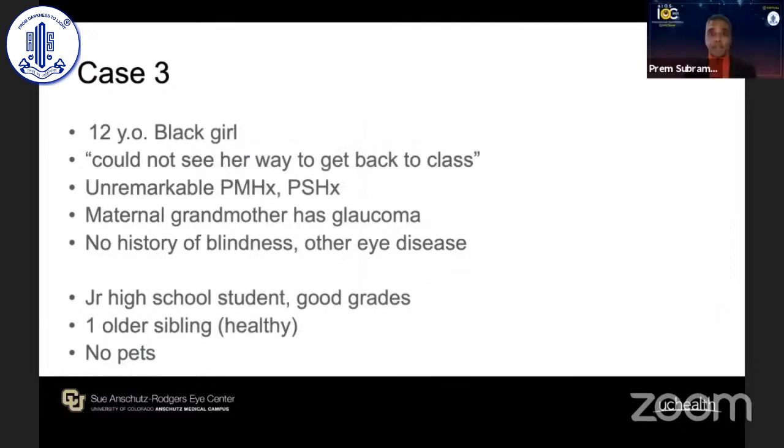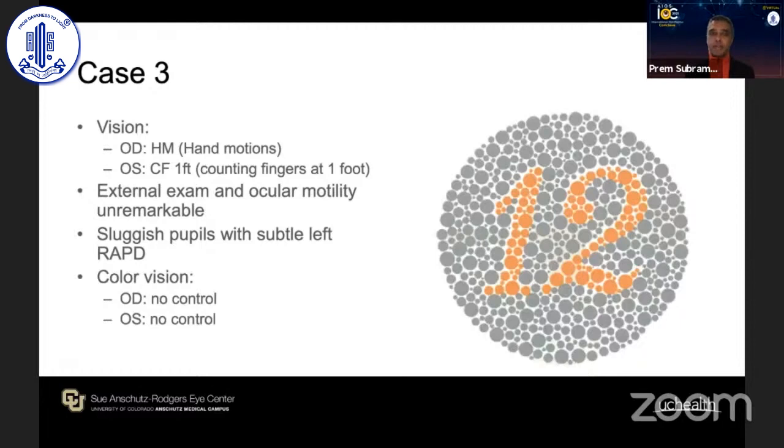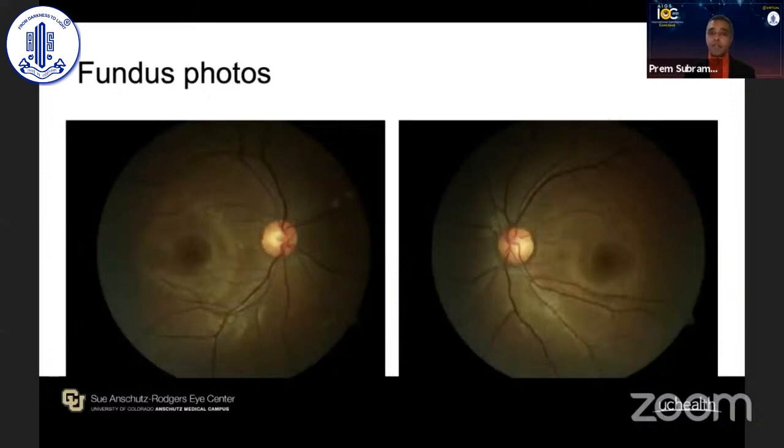Finally, this last case, a 12-year-old Black girl who was in school, and in the morning she was fine, but by the end of the day could not see her way back to class. Again, otherwise healthy, a family member with glaucoma, she's doing well in school, she has a healthy sibling and no pets. She has hand movements in one eye, counting fingers in the other eye. Her external exam is unremarkable. She has sluggish pupils, a subtle left RAPD. Though the vision was worse in the right eye, she couldn't see the Hardy-Rand-Rittler plates, of course. Her fundus examination was completely unremarkable. No optic nerve swelling, no hemorrhages, and visual field, she couldn't see the bowl out of her right eye, and